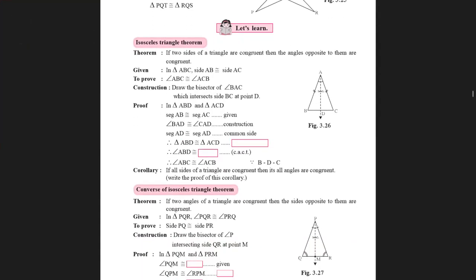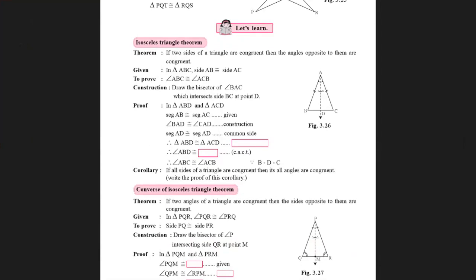Hello children, today we begin with the next topic, that is isosceles triangle theorem. The theorem states that if two sides of a triangle are congruent, then the angles opposite to them are congruent. So given in triangle ABC, side AB congruent to side AC, you have to prove angle ABC congruent to angle